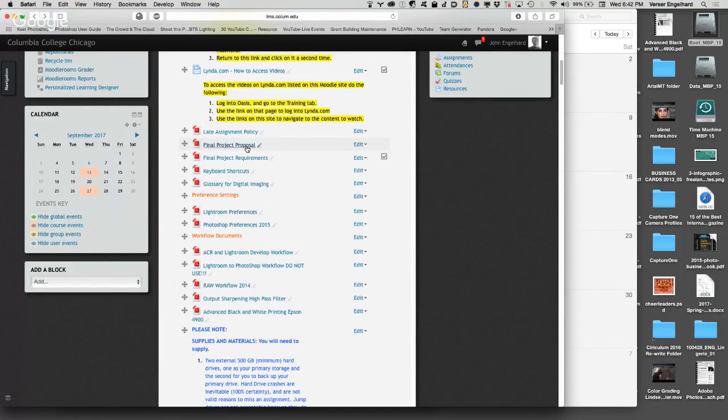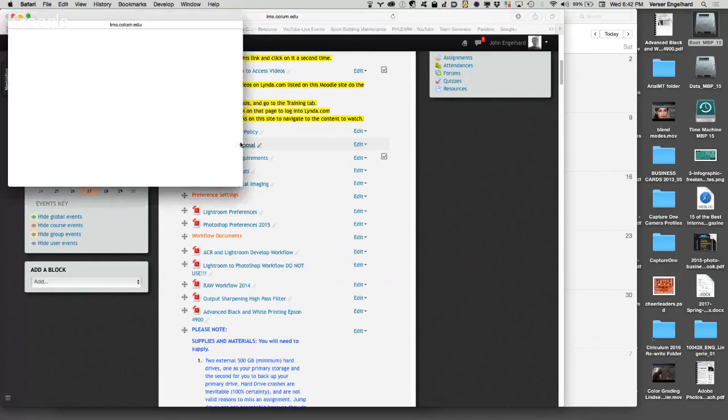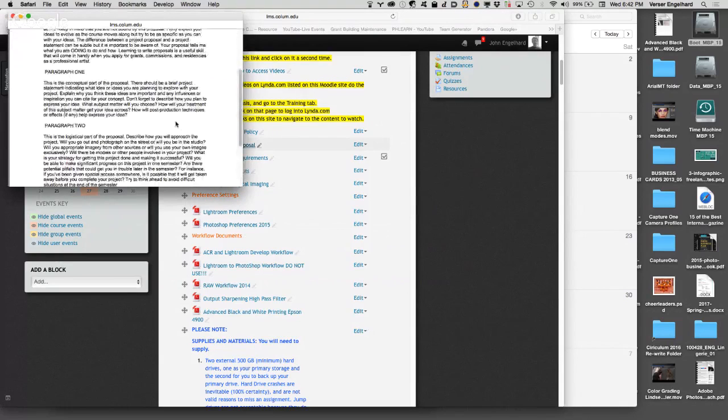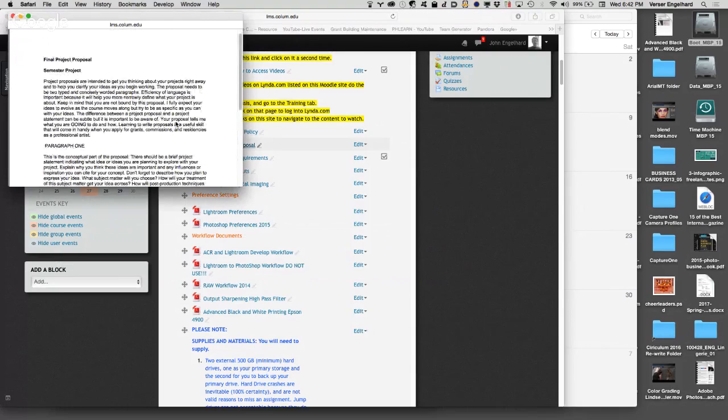So what your final project is, well, if you click on the final project proposal, we might as well go through this stuff really quick. Basically your final project proposal, if you take a look at what this is, it's basically a way for you to demonstrate the skills that you have established or learned in this class, but apply to your own personal work. And I am a huge believer in having this. This is an important part for me, because